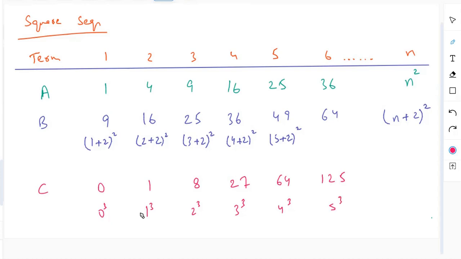लेकिन आप ऊपर देखें हमारी टर्म नंबर क्या है? टर्म नंबर जब 1 थी हम 0 का क्यूब कर रहे हैं। टर्म नंबर 3 है फॉर इंस्टेंस, हम 2 का क्यूब कर रहे हैं। टर्म नंबर 5 है, हम 5 का क्यूब नहीं कर रहे, हम 4 का क्यूब कर रहे हैं। टर्म नंबर 6 है, हम किसका क्यूब कर रहे हैं? हम 5 का क्यूब कर रहे हैं। सो हर टर्म में से हम पहले 1 माइनस करते हैं। एग्जैक्टली, वेरी गुड। सो वी सब्ट्रैक्ट 1 बिफोर। पहले हम 1 माइनस करते हैं, उसके बाद उसका क्यूब करते हैं। सो जो भी ऊपर टर्म नंबर होता है उसमें से पहले 1 माइनस कर देते हैं, यानी कि जब n होगा उसमें से n में से 1 माइनस कर देंगे, एंड देन वी टेक क्यूब ऑफ दैट। पहले क्यूब नहीं करना, पहले हमने -1 किया है, उसके बाद क्यूब किया है।